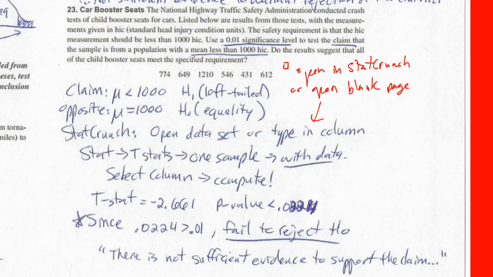Okay, so this is the new part. So you're going to do with data. So now this is probably going to be in the first column. You just kind of click it, make sure it goes to the part where it's going to actually look at this column for calculation purposes. Click compute, and then it gives you the t-statistic and the p-value. And the p-value is really all we need. And as we can see, even though this is a nice small p-value, it's not small enough for this particular